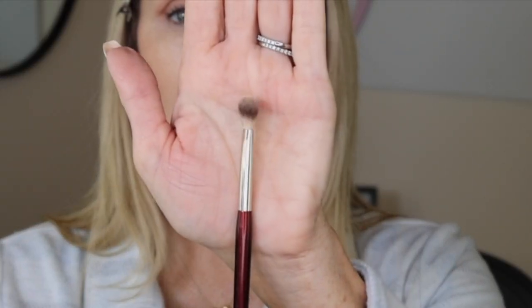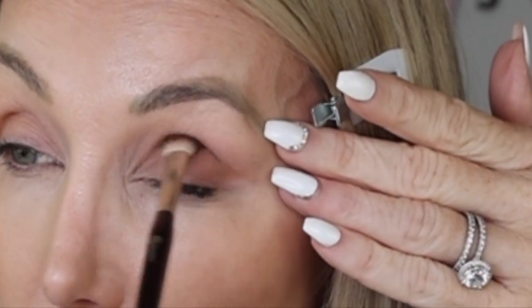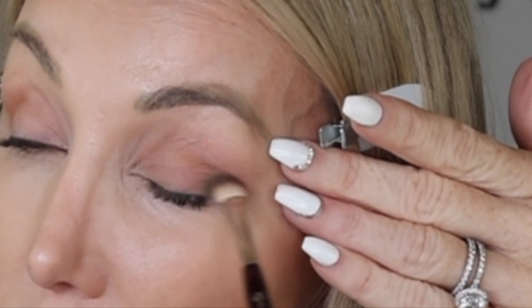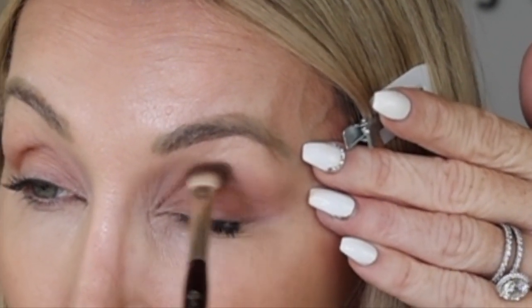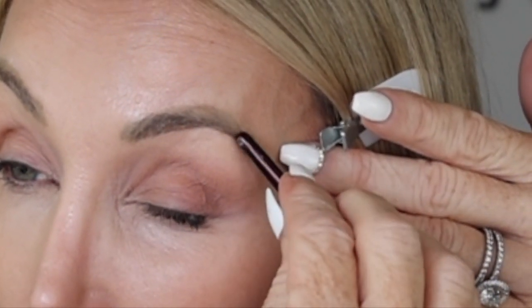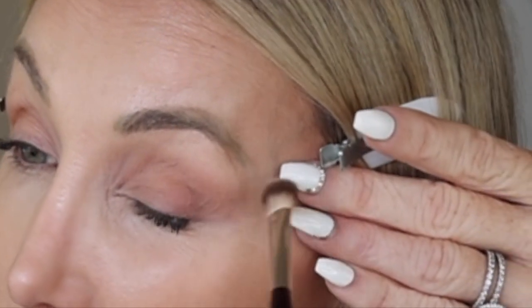Then you want to grab a clean blending brush and blend that really well so that we're removing any lines, and it just looks like our eye shadow is extending softly out past the corner of our eye. Up a little bit, not quite, just a little outside your crease, not too far. We want to leave a lot of room between our eyebrow and that crease. So don't paint all the way up, just lightly